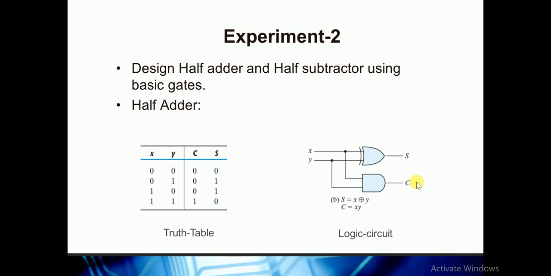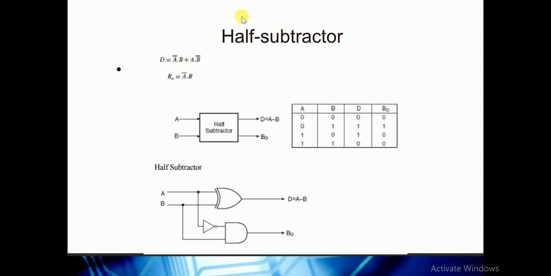Okay, so how can we implement a half subtractor from a half adder? The half subtractor also requires two inputs and gives two outputs. The first term is difference and the other term is borrow. If we subtract b from a, then we will achieve this difference, and there is some possibility that we can achieve some borrow.